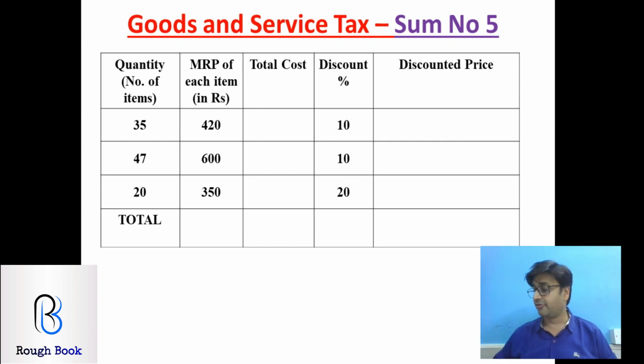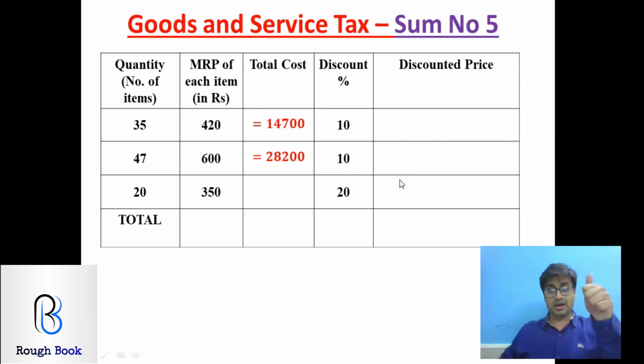So 42 into 35, even I am multiplying, 5 2s are 10. Cheaters, I know you all started before me. Still, I will manage to bring you down. But I hope I am doing it correct. So did you get 14700 as the first answer? Go for the next one. 6 sevens are 42, 28. So 28200. I am correct.